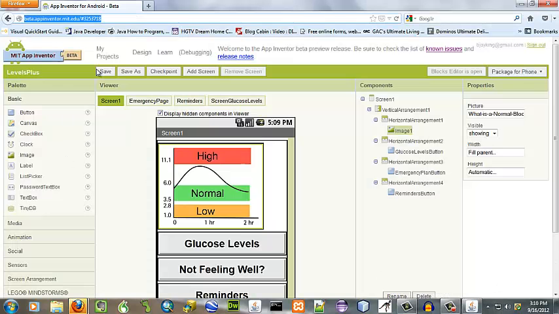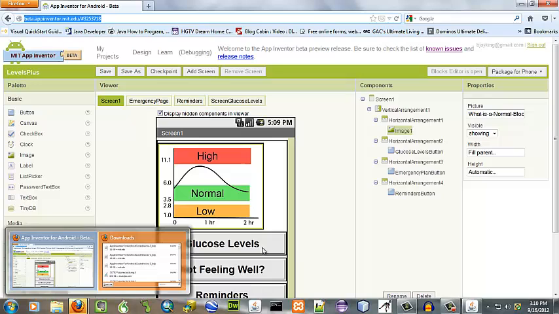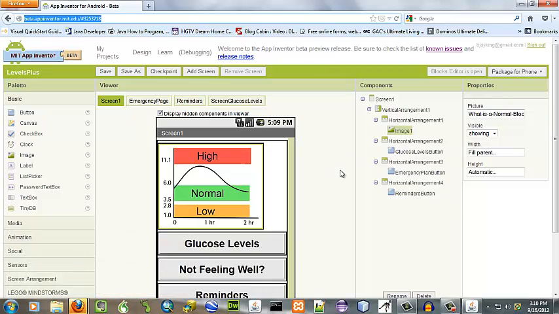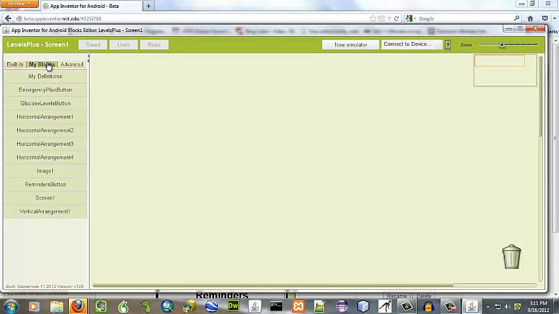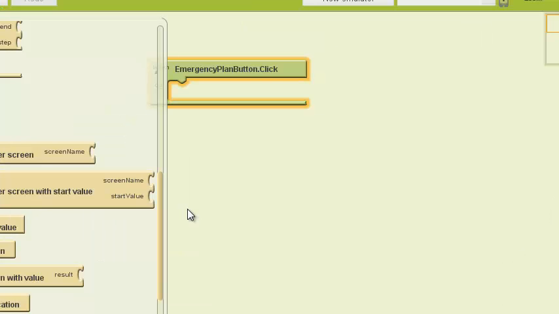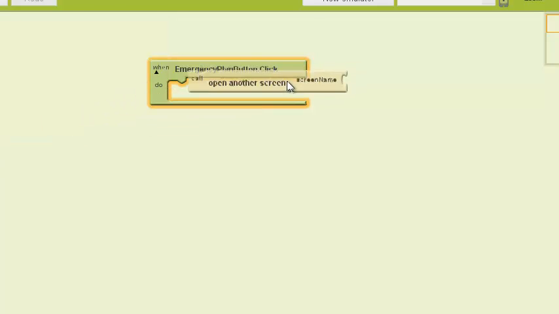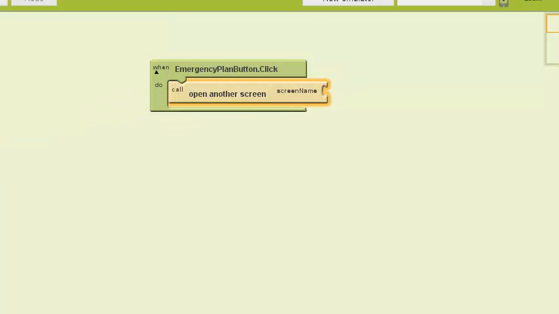Okay, let's go back and define our blocks for our home screen. As you remember, we have our 3 buttons on our home screen that go to a different screen for each button. So we want to go to our blocks editor, my blocks. For our emergency plan button click, we want to call open another screen, that screen being named